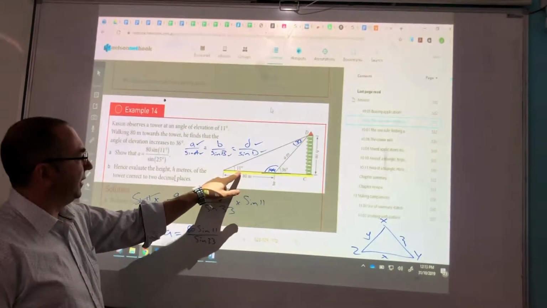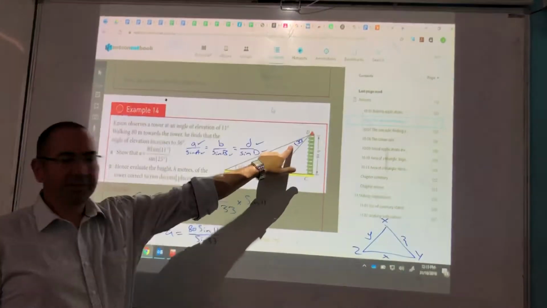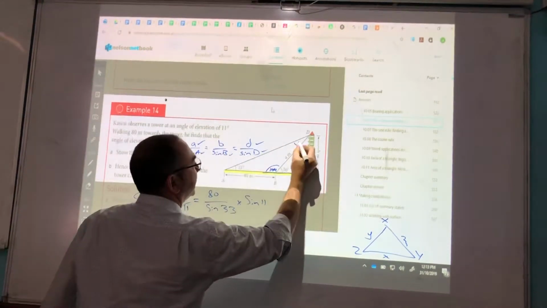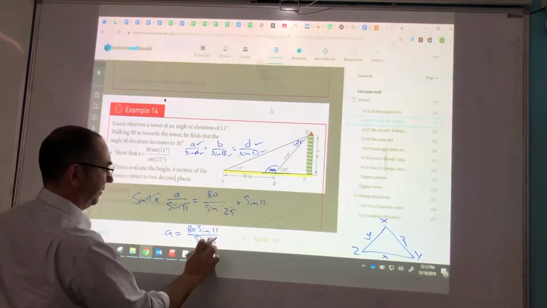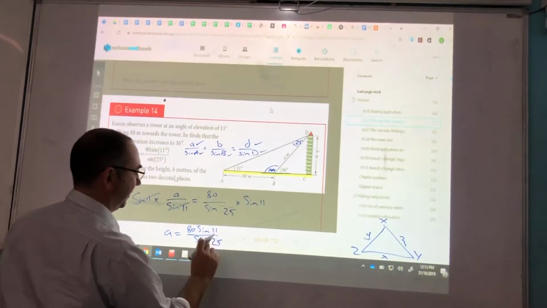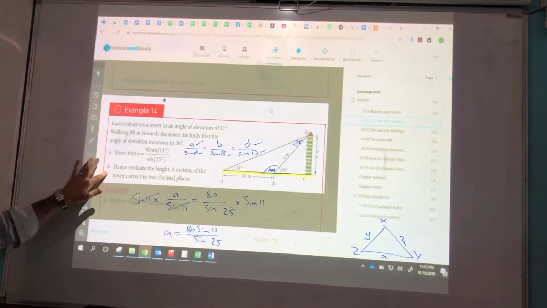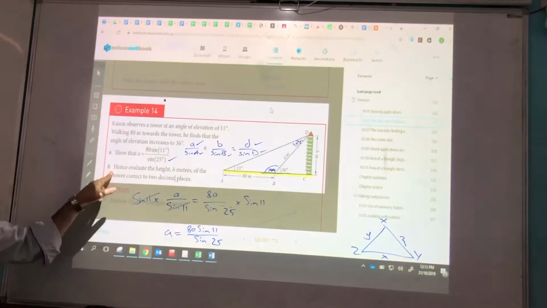144, 155. What's that angle really? 25? Okay, so that angle's 25. Okay, let's look at B. Now that we've shown that, all right, including correcting our error,